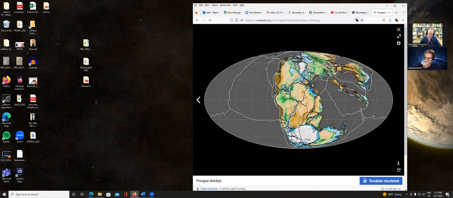And one of them was that de Toit showed that there were fossils of a reptile on either side here of South America and Africa, and they were the same fossil reptile, right? They're found on opposite sides of the Atlantic now, but this fossil reptile is a small reptile, and it lived in fresh water.